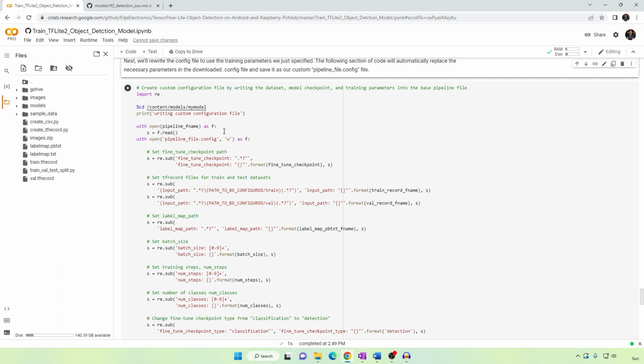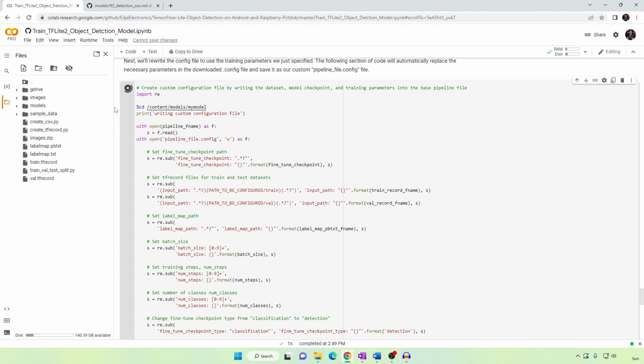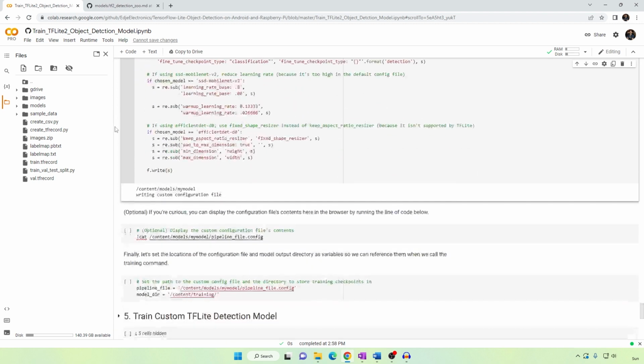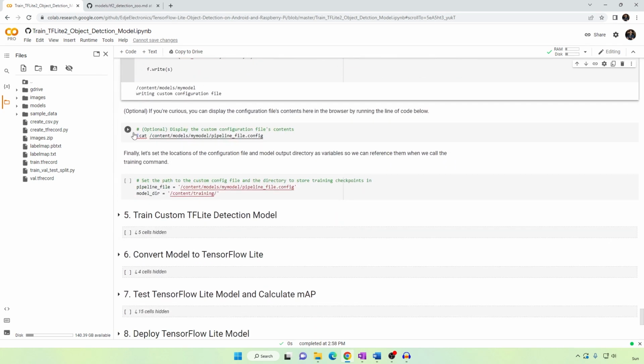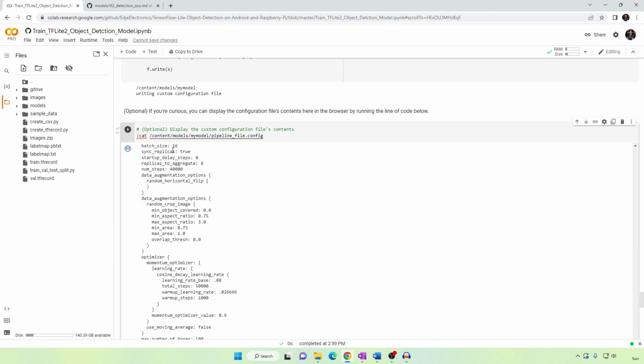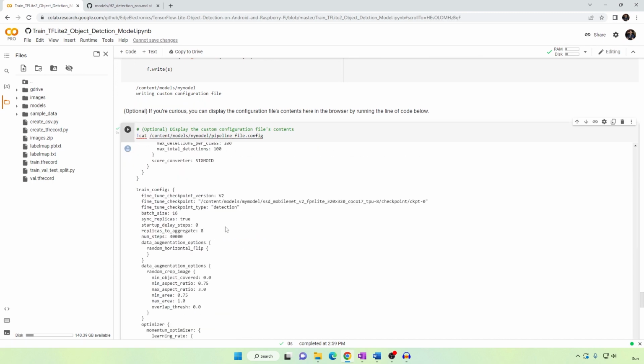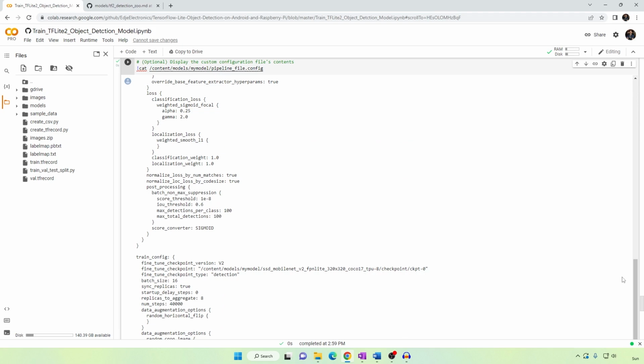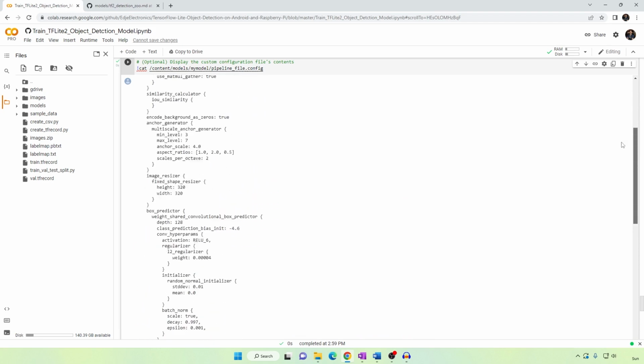This code block will go into the config file and overwrite it with the necessary information, such as number of classes, batch size, path to the training files, and so on. Click play to run it. If you're curious, you can check the config file's contents by clicking this next block. It displays the full file in the browser. The file contains all the configuration parameters that are used for training.